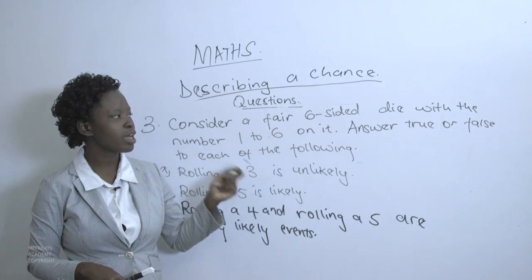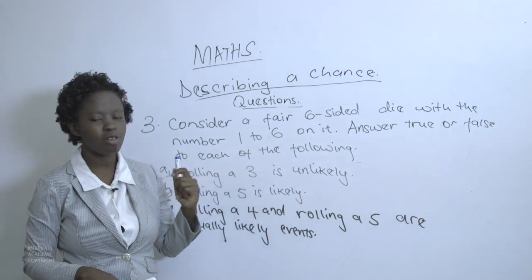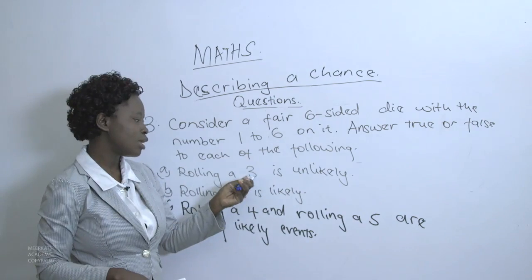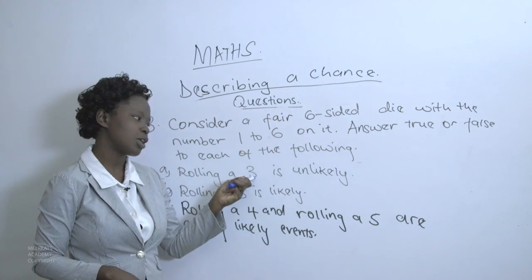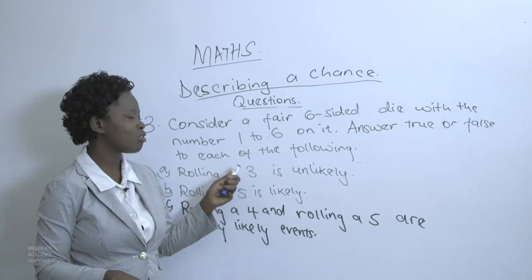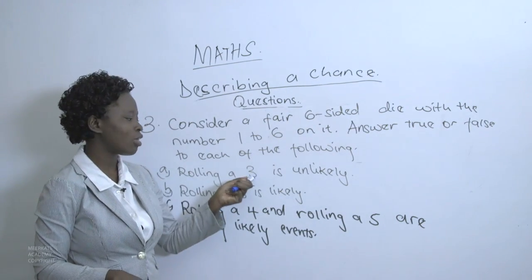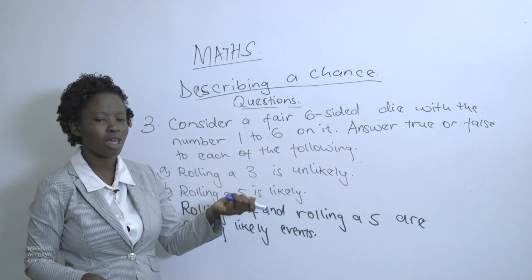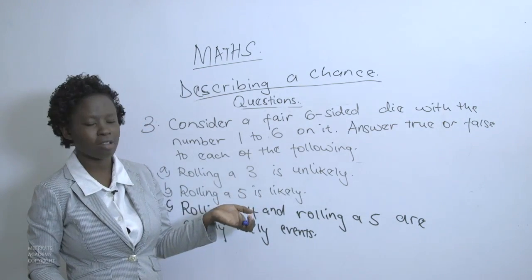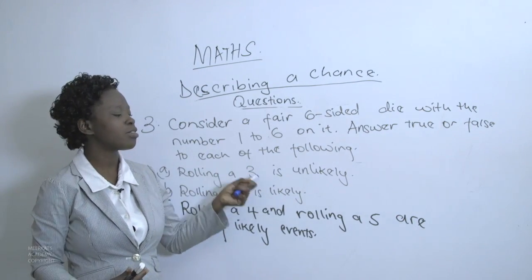So we are having a fair six-sided die. What does it mean? All the sides have equal chances of occurring. We are having 6 sides, and we are being asked, what is the possibility of rolling a 3? The possibility of rolling a 3 is very minimal. It is not automatic that when you roll, you'll get a 3. There are minimal chances. There are possibilities of getting those other numbers: we can get a 1, a 2, a 4, 5, and 6. Rolling a 3 specifically, yes, there are chances of it occurring, but the chances are very minimal.